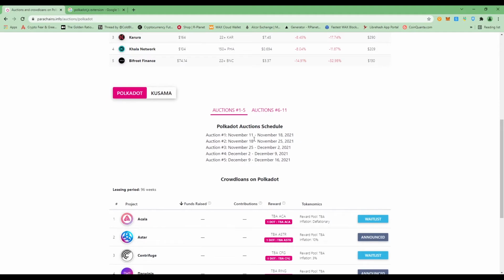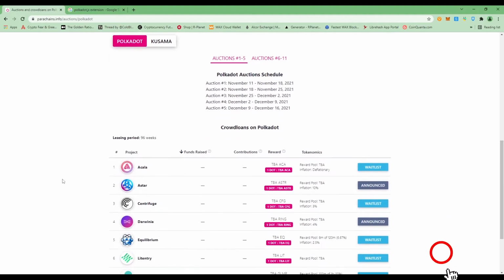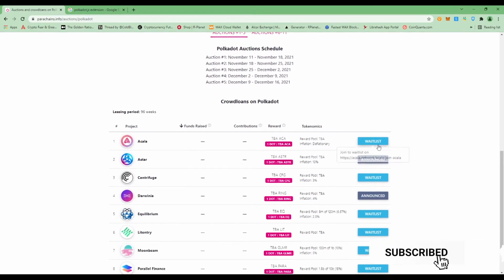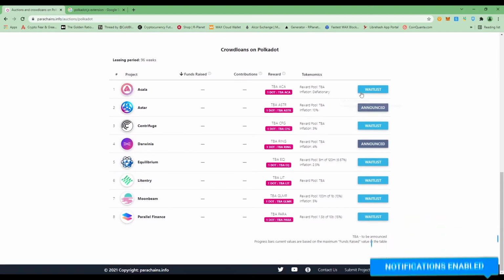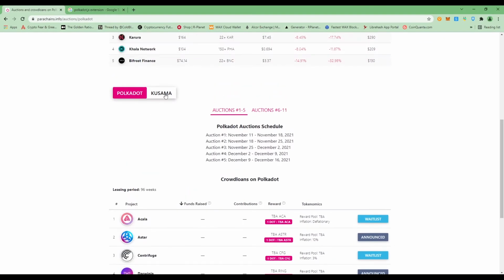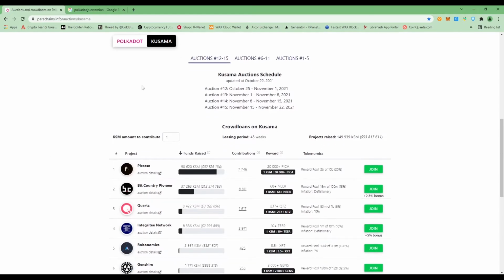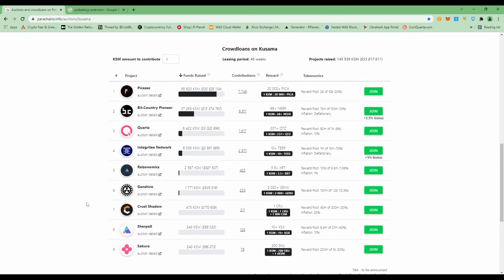And we can also see the dates. The first parachain which will start on Polkadot will list on November 11, right? So this means on November 11 we will be able to participate or will see the join option on the right hand side of these options, for all the companies which will be competing with each other for the Polkadot parachain. But for now we can see the Kusama parachain which is happening right now, and I can click on join on any of these following companies.